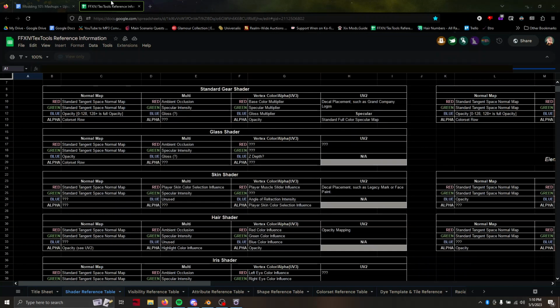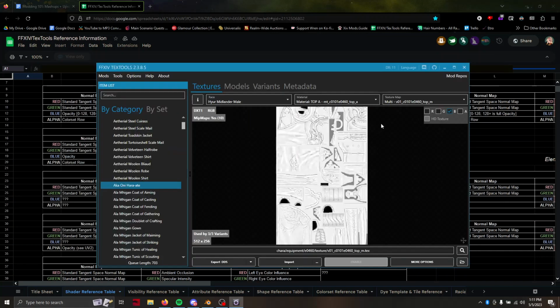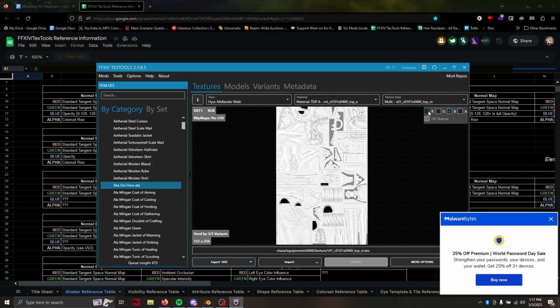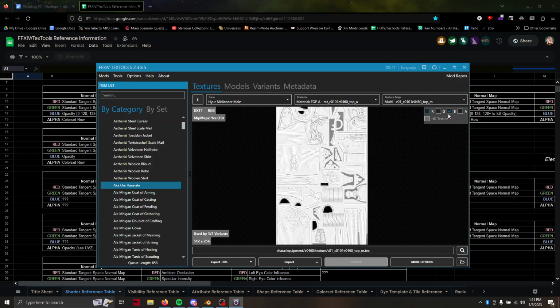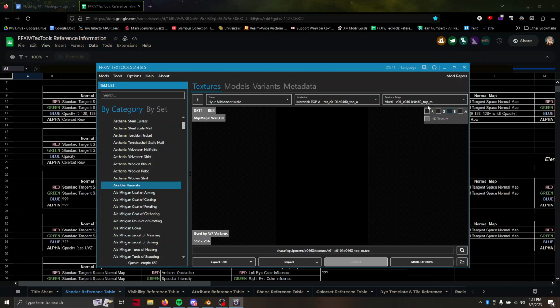Blue is going to be gloss, which is kind of a weird concept, but oftentimes it's just going to look the same as the specular map. It's kind of like how, well, I'll show you in just a second, because the other type of map that we have is a normal map,